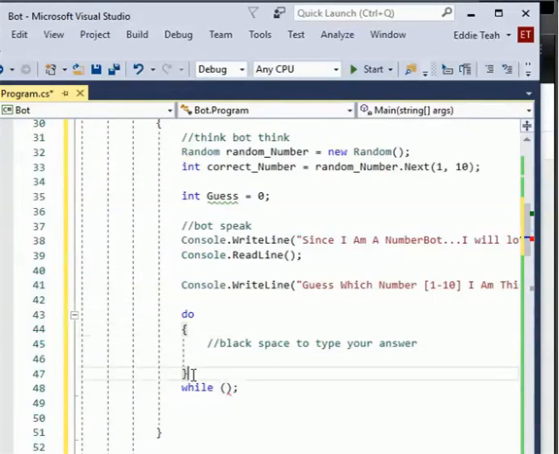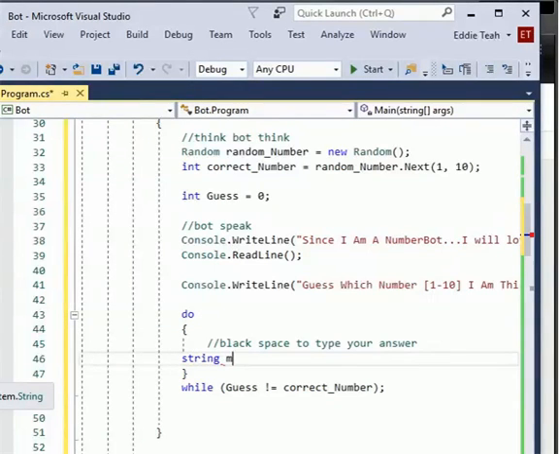A code block is defined by these little bracket thingies. So while guess is not equal to correct number, we're gonna start doing stuff. So do